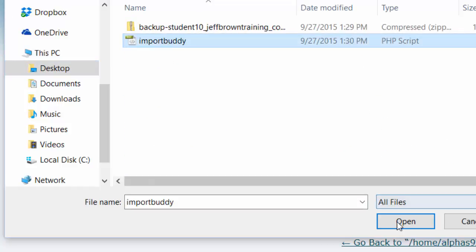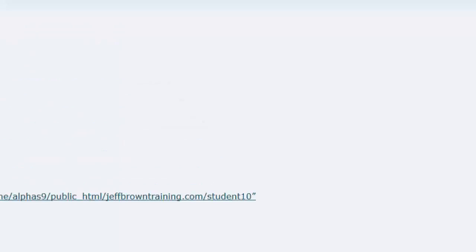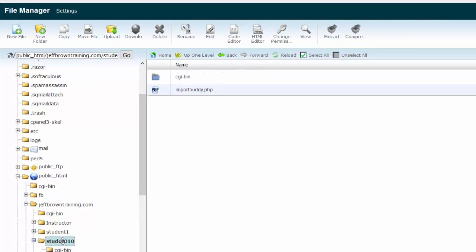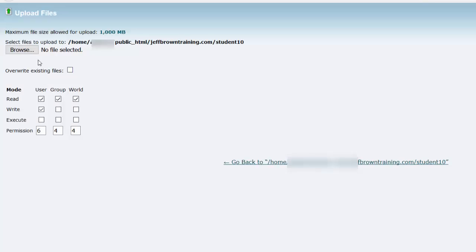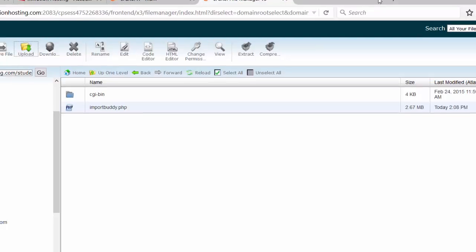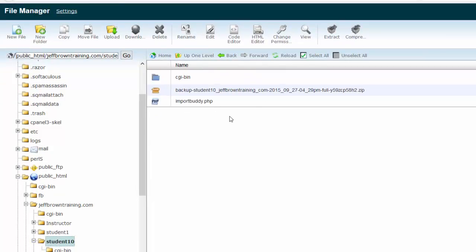I'm going to start with the import buddy file, and I'm looking down here and the install is complete. I'm going to close that one right there in the tab, and let's just click on there and you'll see the import buddy. Let's go and grab the backup file that we created. We're going to bring that up, then we're waiting here for that to finish, and it's done. I'm going to close this, click the student 10, and we now have the backup file and the import buddy